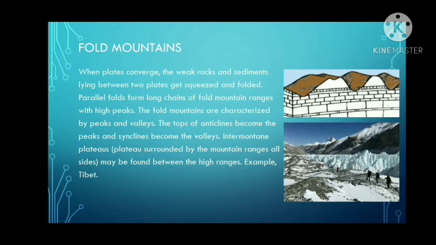Intermontane plateaus, or plateaus surrounded by mountain ranges on all sides, may be found between the high ranges, for example, the Tibet plateau. So in addition to this, fold mountains are created where two or more of Earth's tectonic plates are pushed together, all these colliding